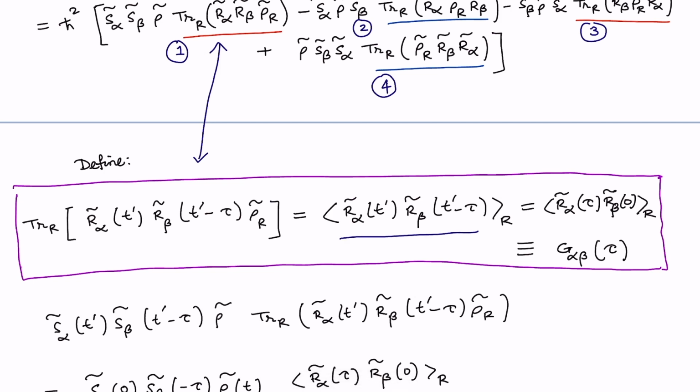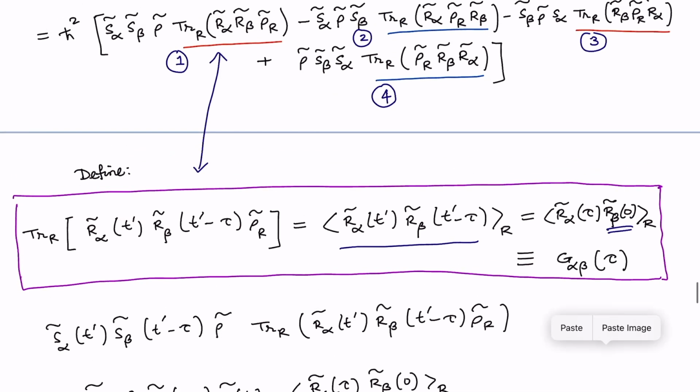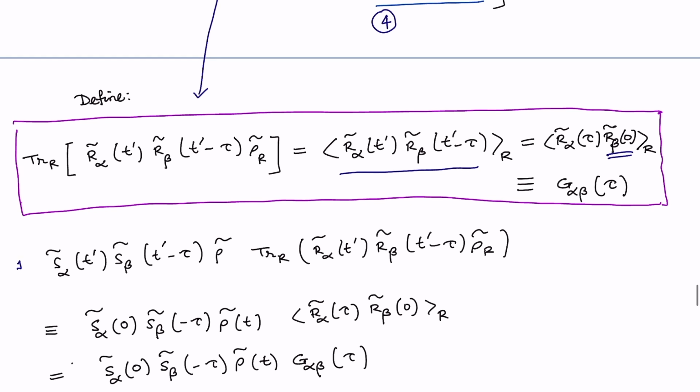And this I can further write by putting t dash equal to tau, and then R tilde beta of 0, and this I define as the function Z alpha beta tau. Now let me look at things term by term. For example, if I look at the first term, this is what I have here. Now here I am putting t dash equal to 0, and this is what I get, and this expression I can write in this form. Let me say this is my equation 1.